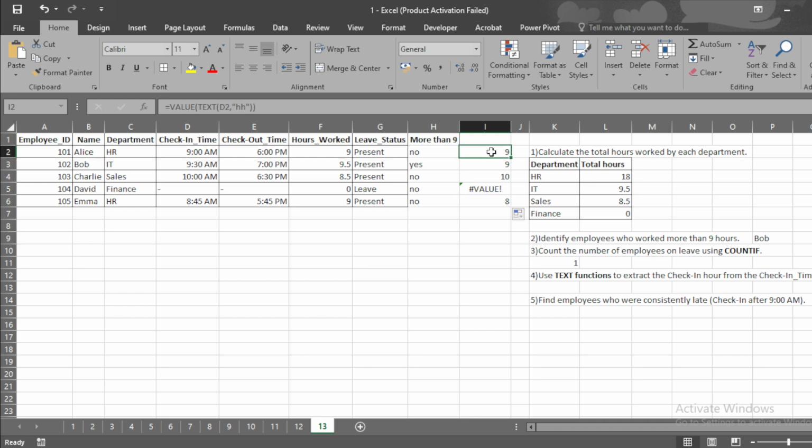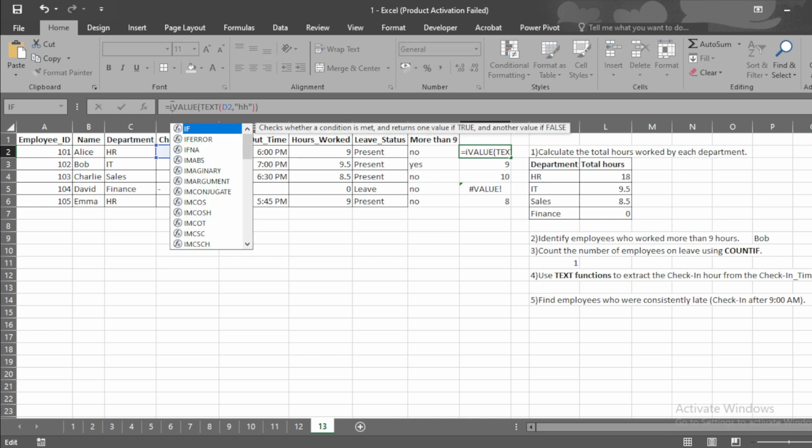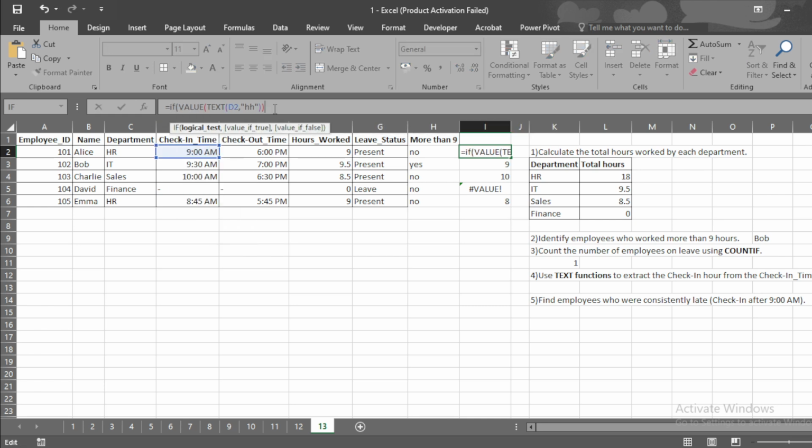Now we have to assign the condition to identify the employees who are consistently late after 9. For that we have to use a conditional statement. What is the conditional statement? We use the IF condition: if the value we just converted is greater than 9, that means the employee is coming after 9, so it shows Late.